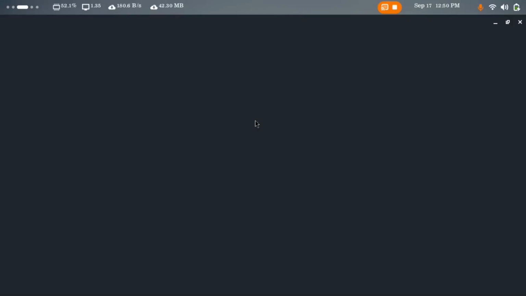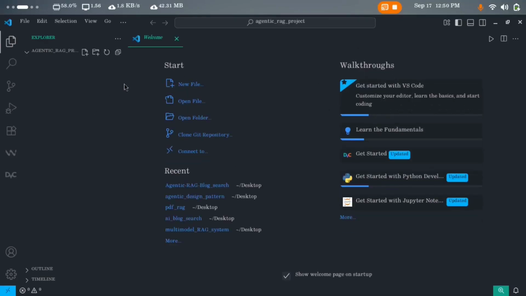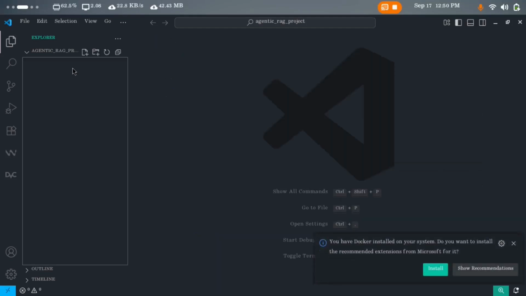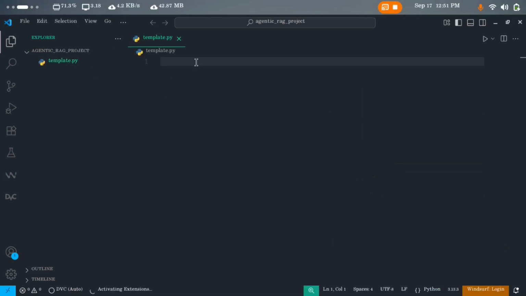Now it has been opened. So the first thing which I want to do in this project is create a template file in which all the project structure code will be there. So let me create a template.py and